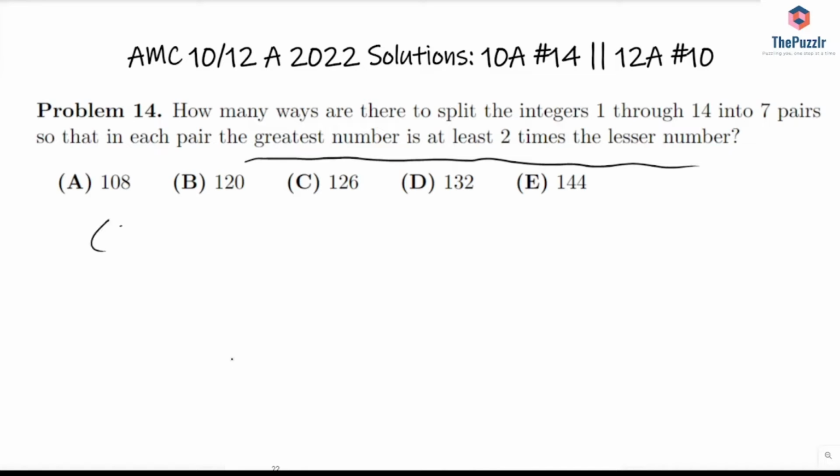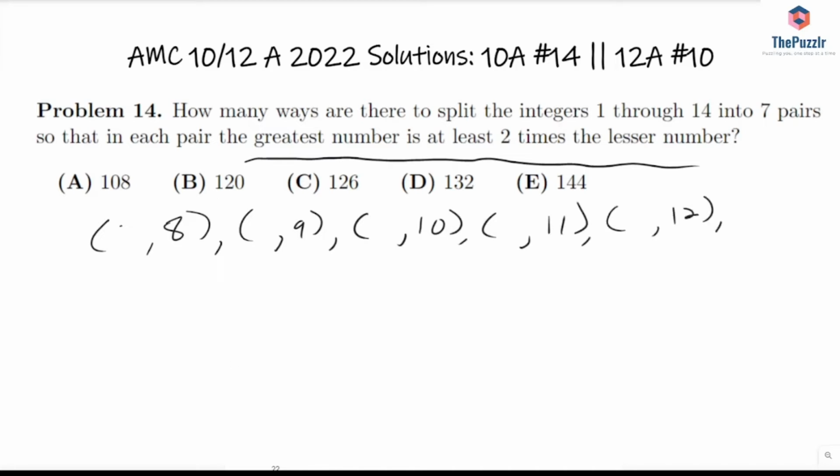So if we write it out, we would get 8, 9, 10, 11, 12, 13, and